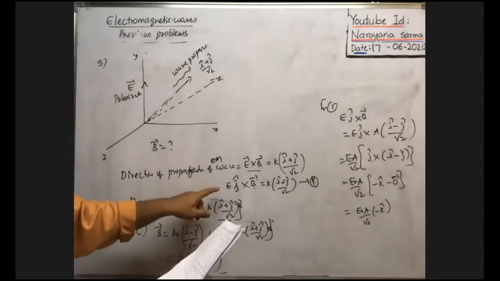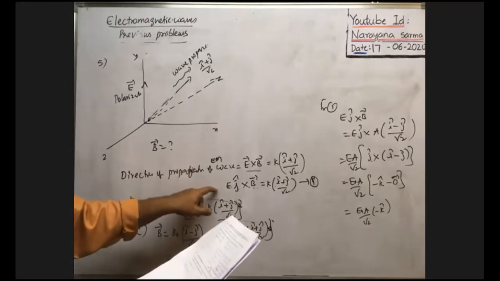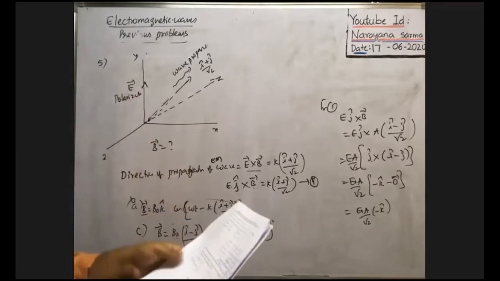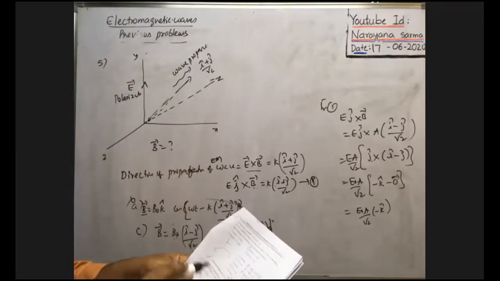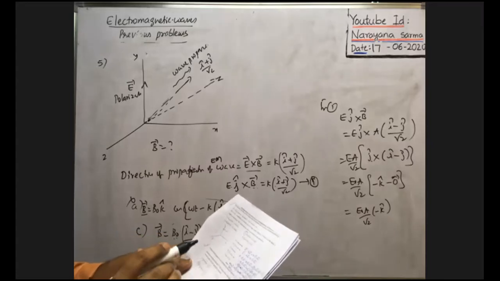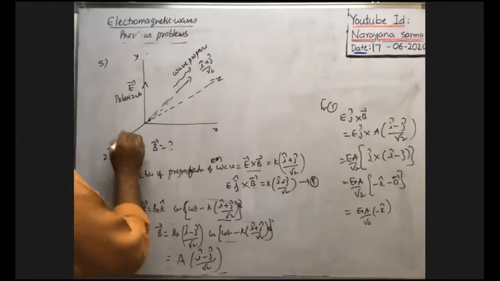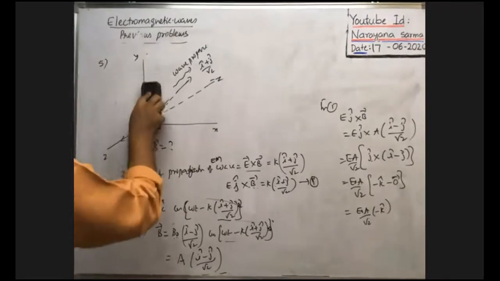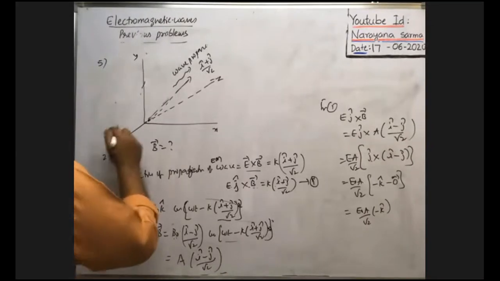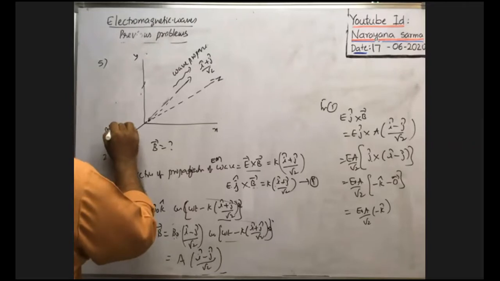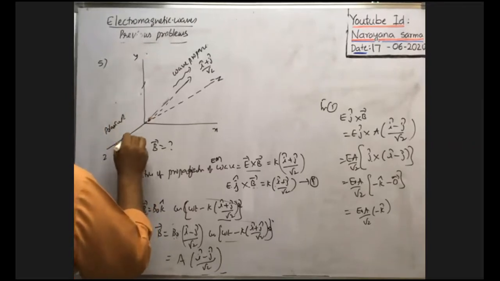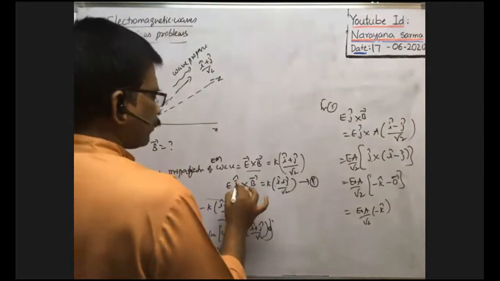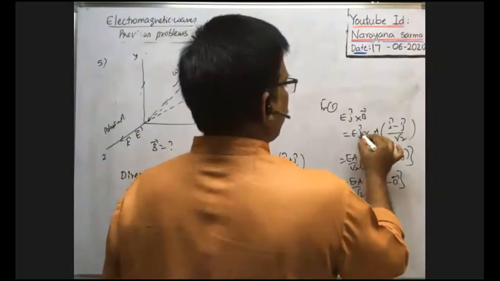What is the direction of E bar? Sorry, E bar is along k cap, no? E bar is not along y axis. In the problem, E bar is along direction k cap given, because the polarization is along the direction k cap. You have taken wrong in the diagram. Polarization takes place along k cap. That means electric vector is along k cap. Polarization is taken along k cap. That means electric field vector is along this direction. That's why E into k cap we have to write k cap.